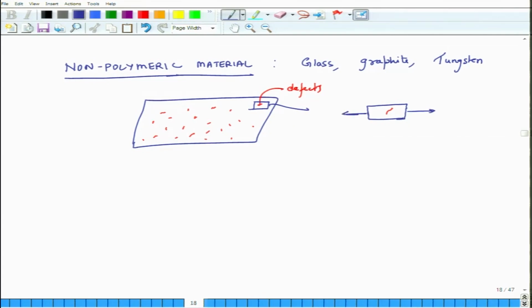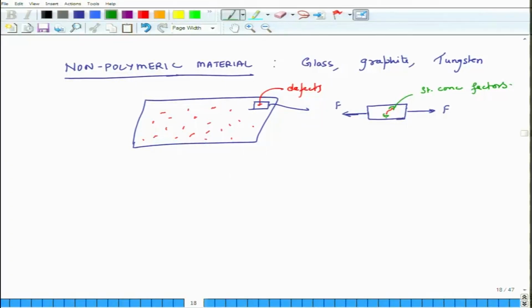in this direction, so I apply a force F, because of the presence of the defect, you will have stress concentration factors at the ends of defects. Stress will get accumulated there. So, these are zones of stress concentration. So, you apply a force F and the cross sectional area of your sample is A, then the average stress is F over A, but the stresses are extremely high around the defects,